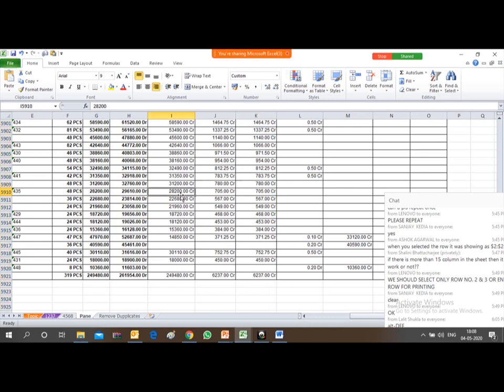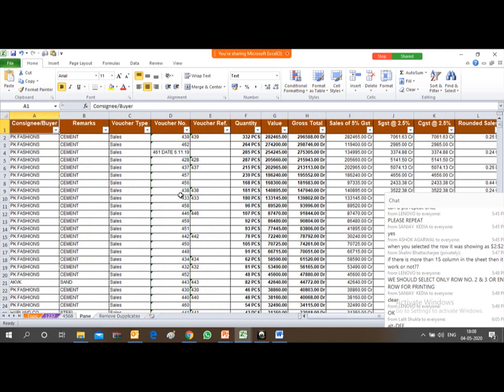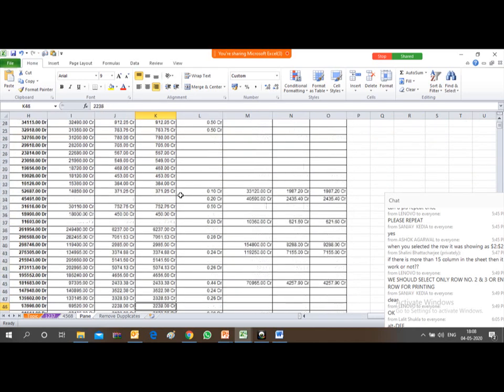So how can I see? I will again go to the first row. Then I'll see, oh, it's gross total, or sales at 5% GST, or SGST, CGST. So whatever the column header is. Again, I'm not able to see the column when I'm at column K and at any row.